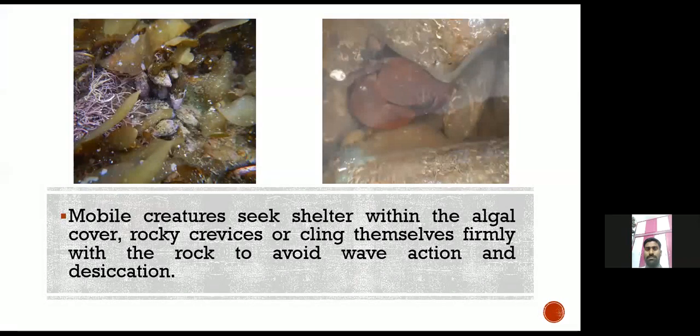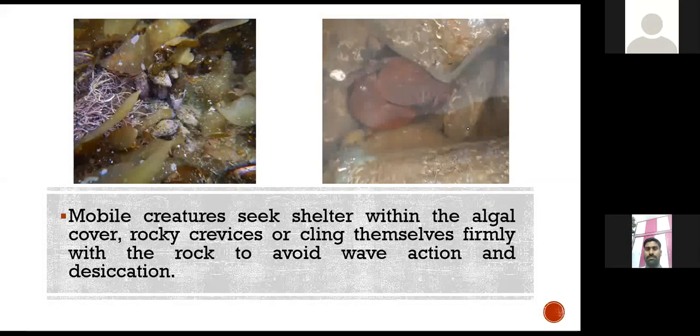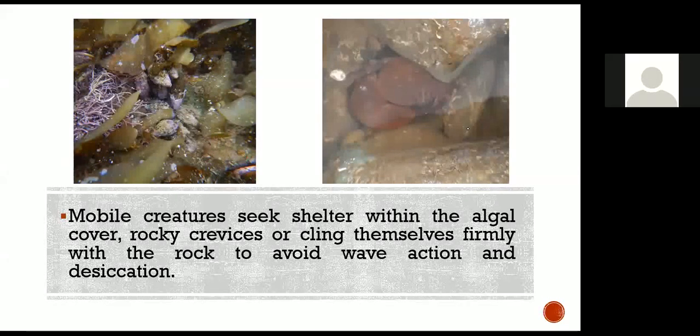But then what about the mobile creatures? Like we all know about the crabs and the snails, which keep on moving here and there. So what must they be doing? What happens at the low tide region? I've mentioned earlier, as you go down, the diversity increases, the cover increases. So these organisms remain underside of these algal cover, or under the pebbles or cobble, so that they have the moisture, but they remain safe.